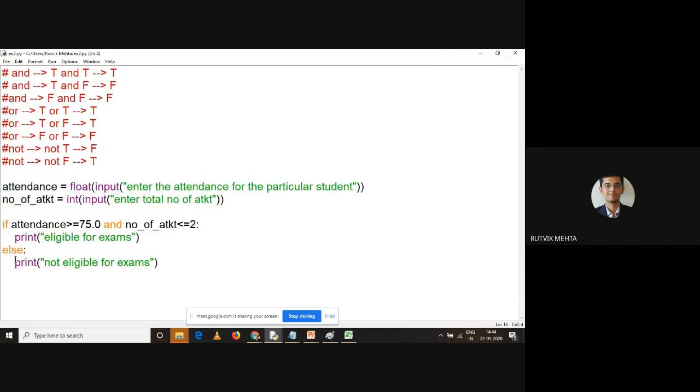Now, one more thing I'd like to discuss is OR, right? So now, as we know that we are in this pandemic situation, and we want to relax our criteria. Either attendance should be greater than or equal to 75, or number of ATKT should be less than 2. If any of the criteria is fulfilled, right? If attendance is 75, we are going to allow them. If ATKT is less than 2, we are going to allow them, right? So understand this. This is very simple.